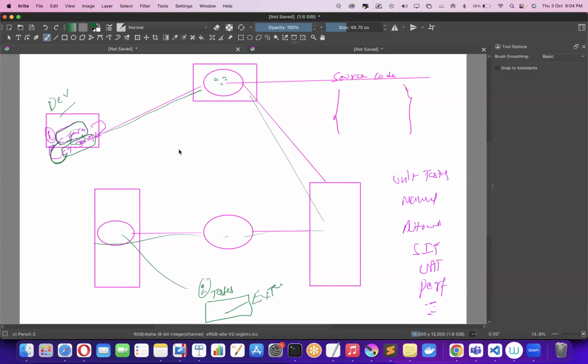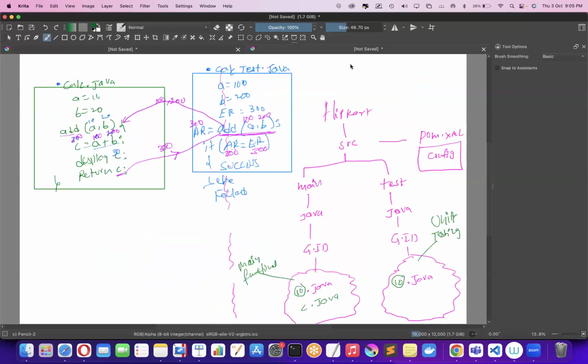So the purpose of unit testing is to catch the basic level of issues at the time of development itself. So that ensures code quality also to some extent, right? The unit testing code is what developers write here, and the main code is what developers write here. You can remember this unit testing terminology this way: unit testing means the purpose is to test each and every unit of your code. That means we wrote this particular unit testing code to test each and every line of your main application code,